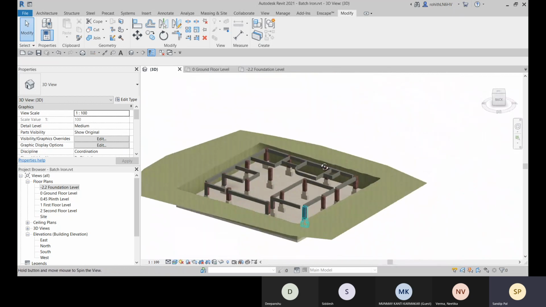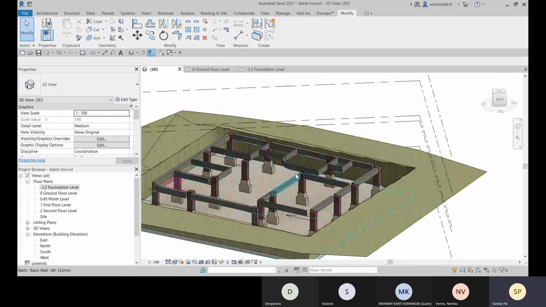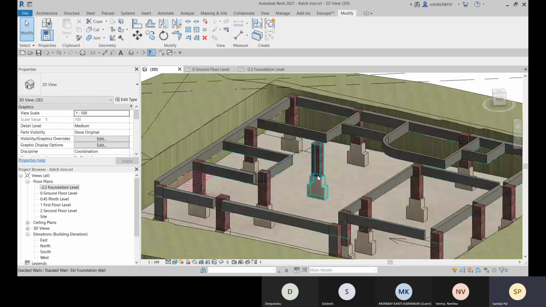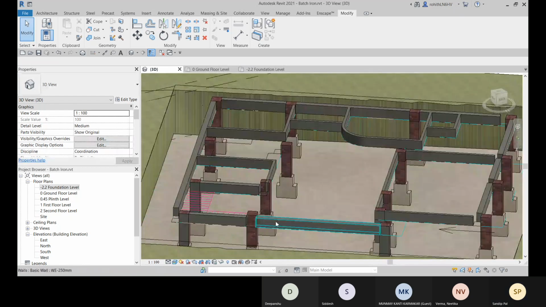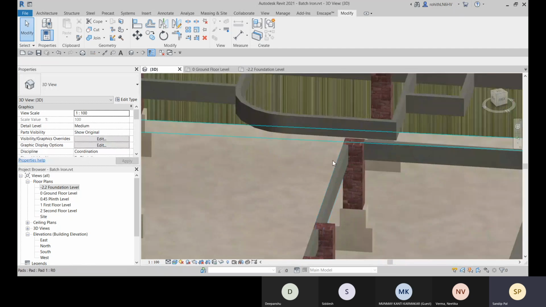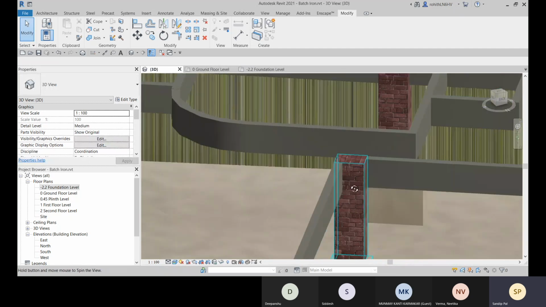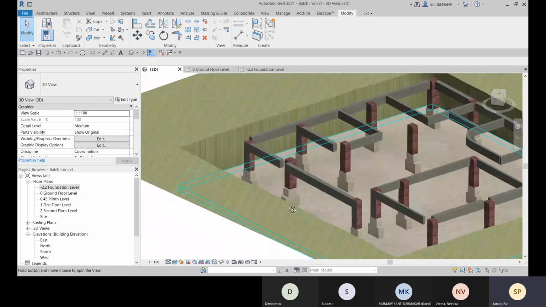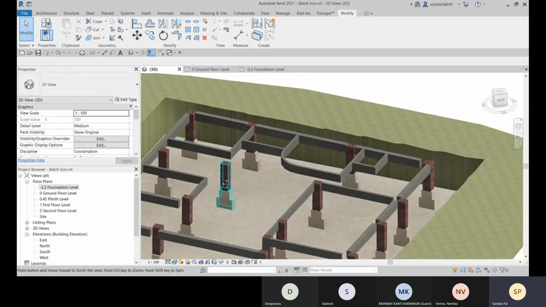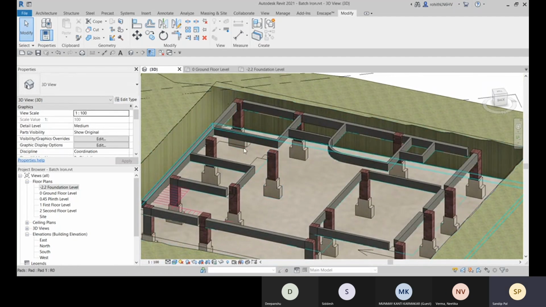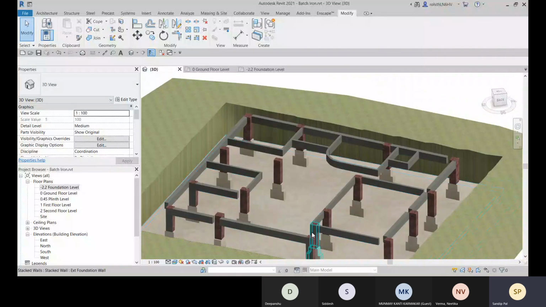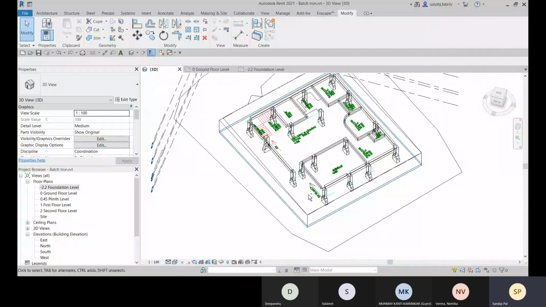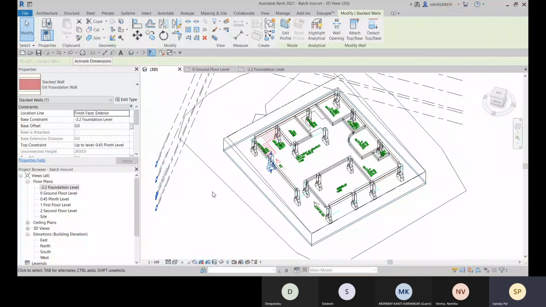So it will show like this when you add some columns over there, the structural components. So it will look like this. And then you need to place your floor over there. Okay, after this, you will be placing all the floors. All right. So now let me just delete all this.